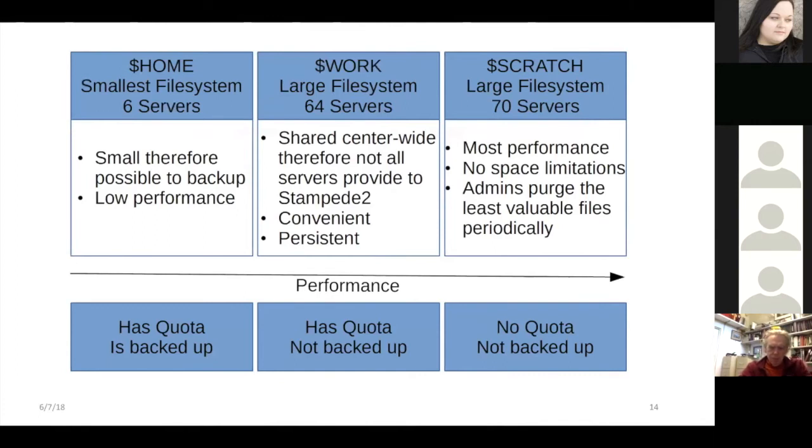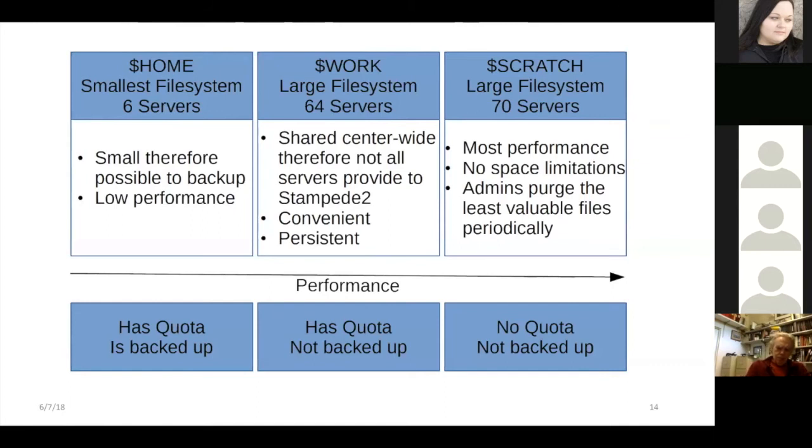So if Scratch fills up, I think our general estimate is somewhere between 90 and 95%, we start gearing up for a purge. And we always target the files that are oldest and largest first. So anything that you've been working on within the past couple of weeks or even the past month generally isn't going to be susceptible to purging.